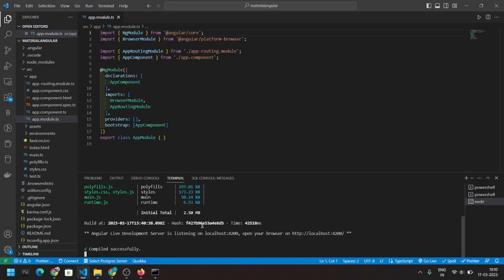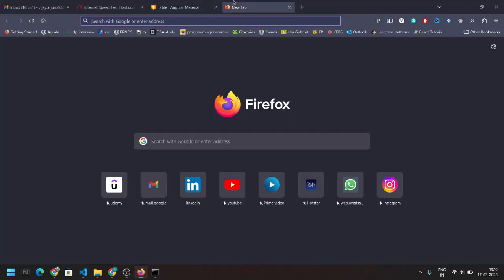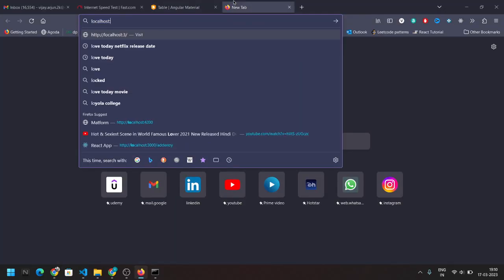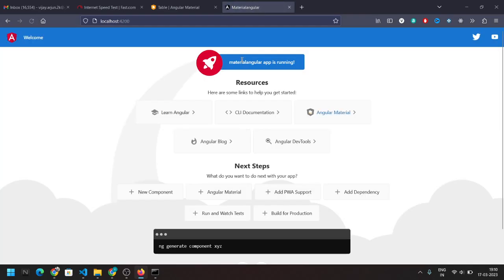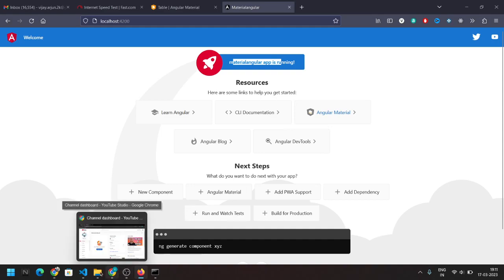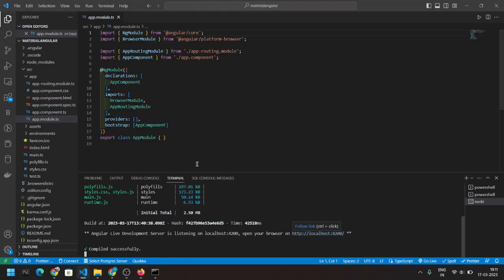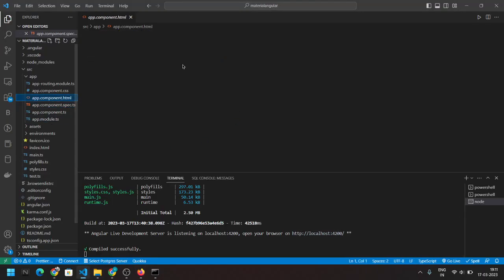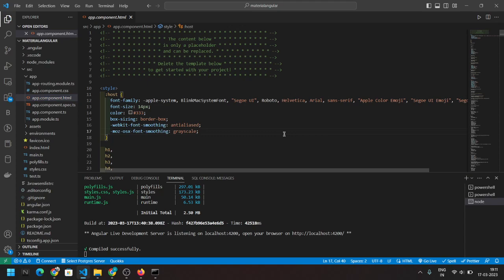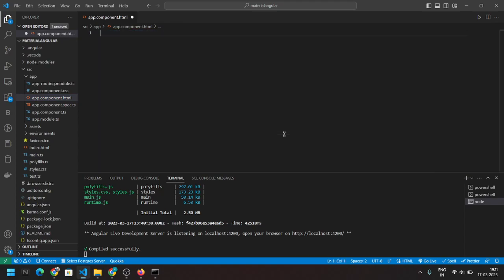Yes, so it has been opened in our localhost 4200. So let me open it quickly. So our material Angular is up and running. So now Angular is running fine. Now what else do you want? So let me take this everything and let me just give a hello message. For that you will open this app component. I will get this everything,